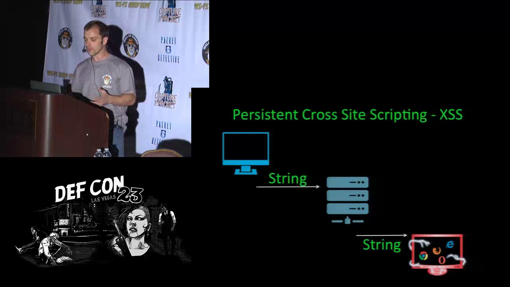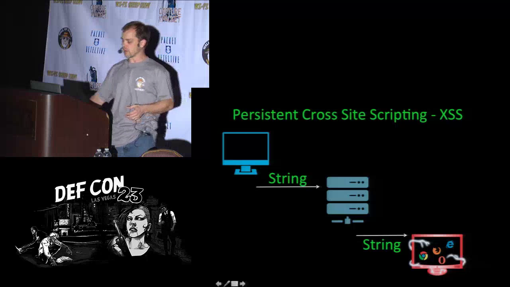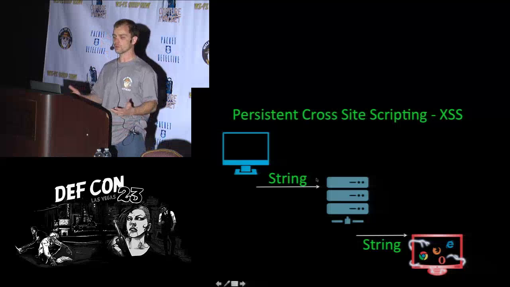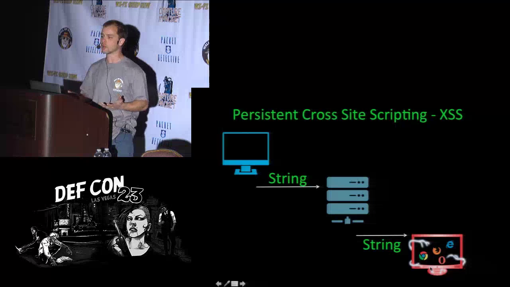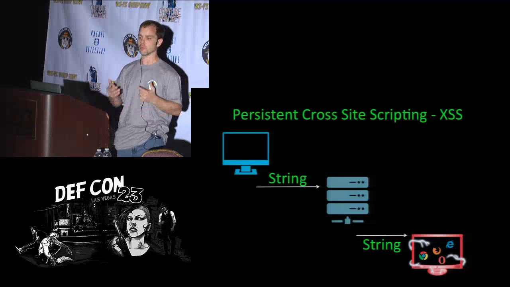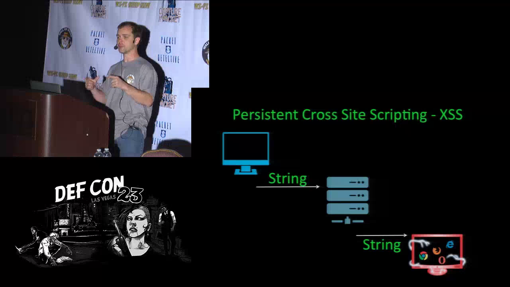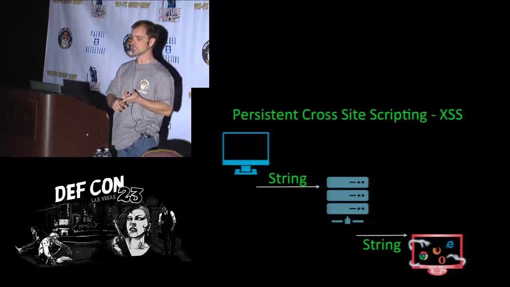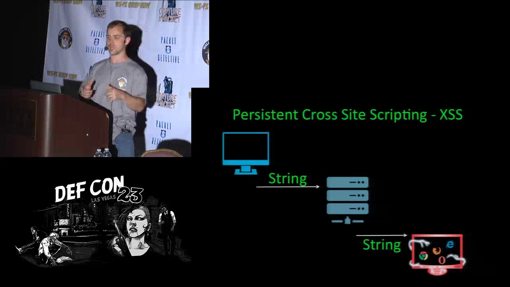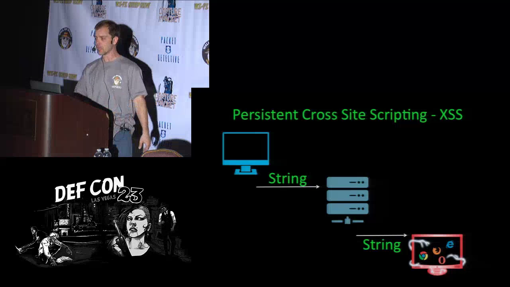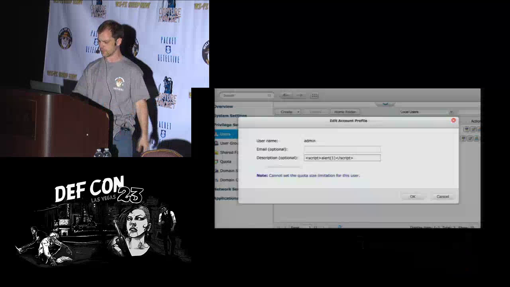Really quick about cross-site scripting, in case anyone's not quite sure. The bad guy is going to enter in a string. The server stores this string, and to the server, it's just a string of characters. This string is delivered to the browser, and that's when bad things happen. The browser sees these strings as HTML, as various tags. So you can do HTML injection, so you can break up and make the web page look different by adding tags, like adding tables and whatnot, or you can add in script text. And then you can run JavaScript at the privilege of the user who's running it. And this is a really bad thing that you don't want happening.